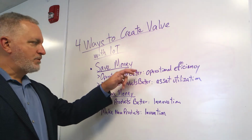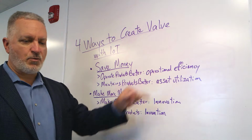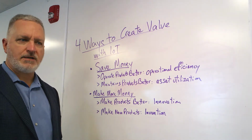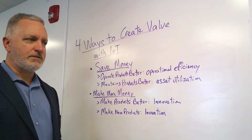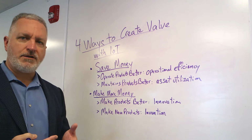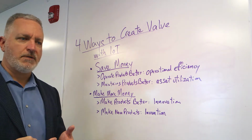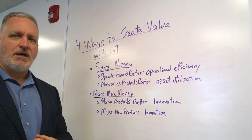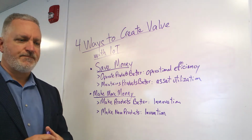So at that point, once you have that data, you can understand what's going on with your machines. What is the real production? What's the real cycle time? What's the real quality? In some respects, you may have that, but you may not have enough granularity to really understand what's going on. One quick story, there was a company running 3 shifts at a machine shop with CNC